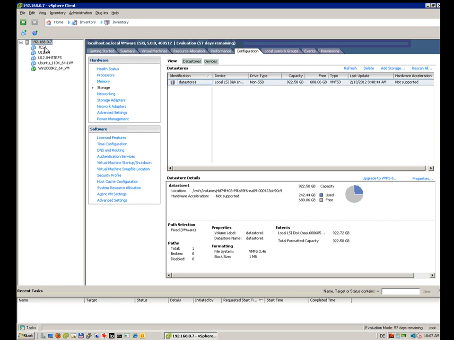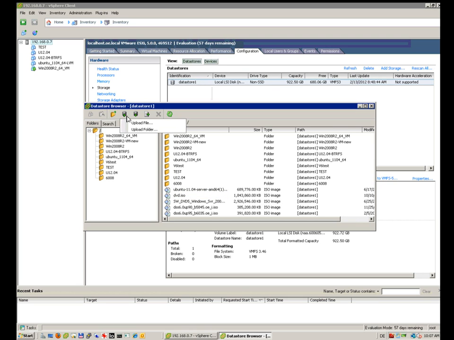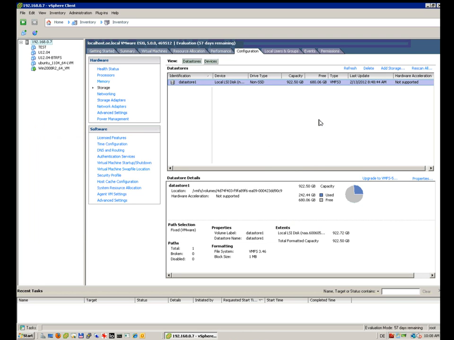Of course, you need to click on the host. So you need to select the host here, and then you have configuration, and in configuration you need to select storage. Okay, and then with a mouse click we can browse the data store, and in the data store, of course, we can upload a file or upload a folder. So you just upload your ISO file here. After uploading, we have this ISO available. I was just uploading some files here. Okay, so we have this in the data store,